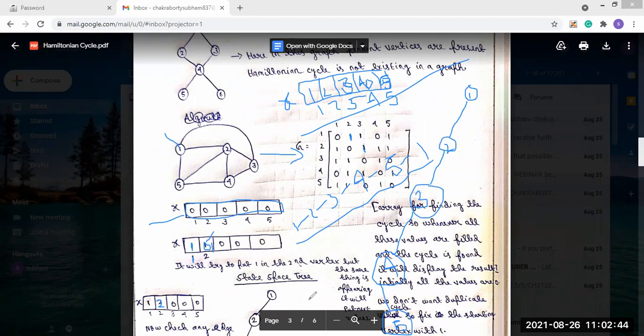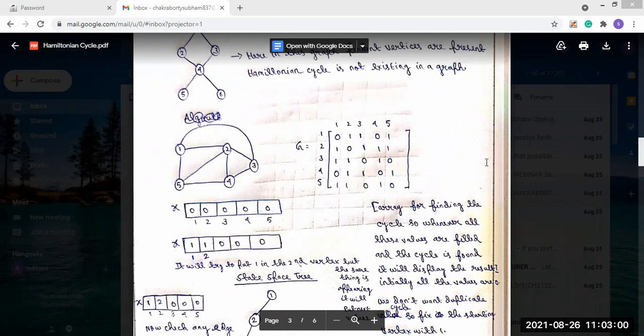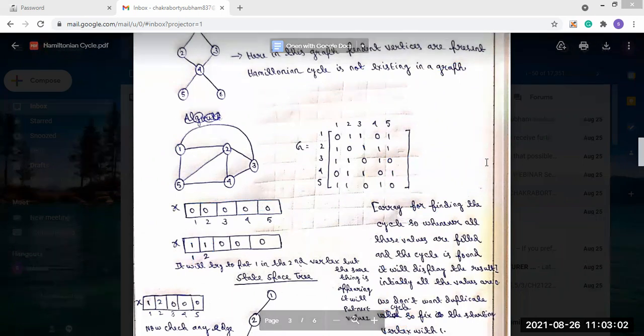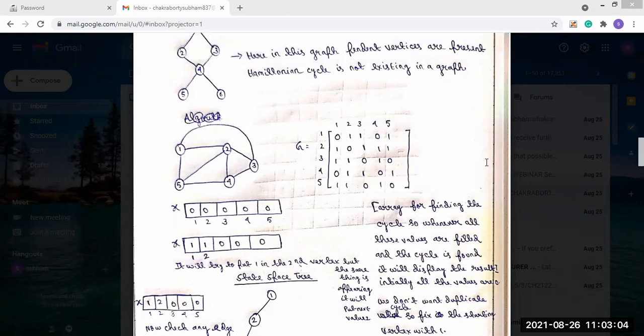But we have to check whether multiple cycles are present or not. It may be possible that multiple cycles can be present in a graph. So let's see one by one if there are any other cycles present. Till now it is clear.